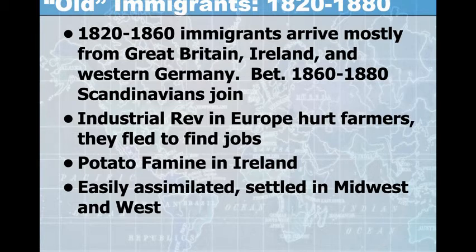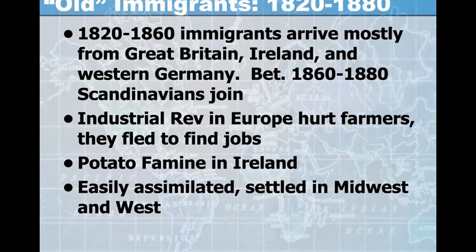And in the potato famine, the potato crop fails. And when the potato crop fails, the Irish begin to starve. And so now you're left with a choice. Do you starve to death in Ireland, or do you risk it all and come to the United States? And so they decide to, not millions of them, but the thousands upon thousands of them decide to risk it all and come to